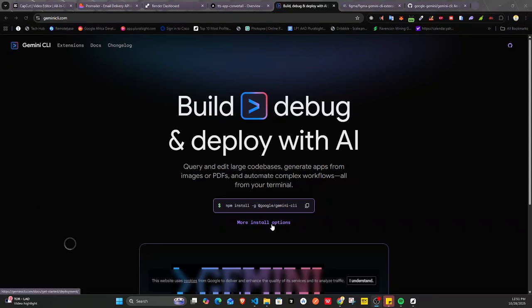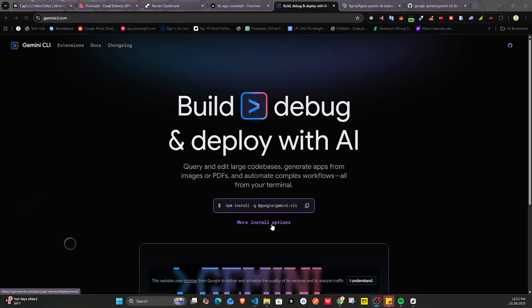So here we're going to be talking about Gemini CLI, which is one of the free AI coding assistants out there. A lot of people don't know about it, so I'm bringing this to you just in case you don't know about it. Gemini CLI is totally free. It's actually AI in your CLI, in your command interface. So you have this AI that exists in your CLI once you've installed it,